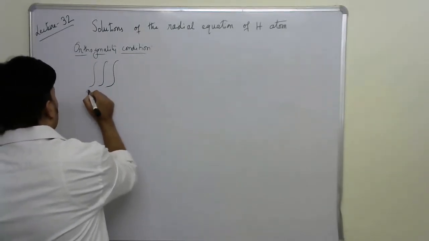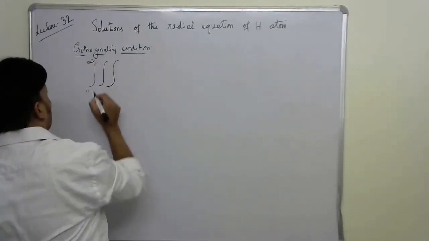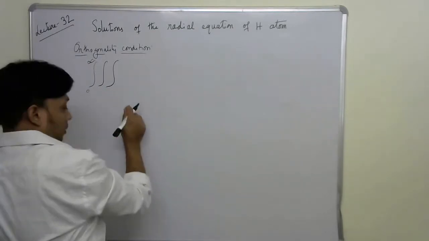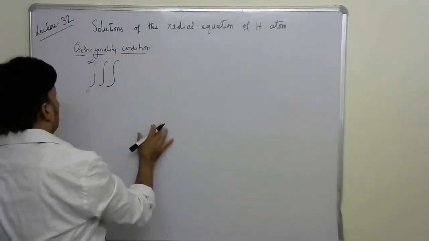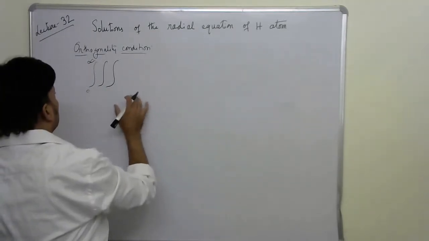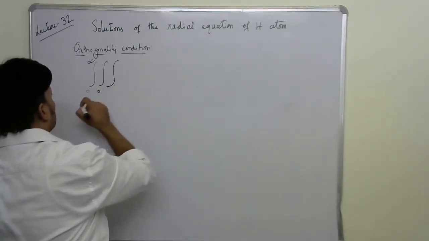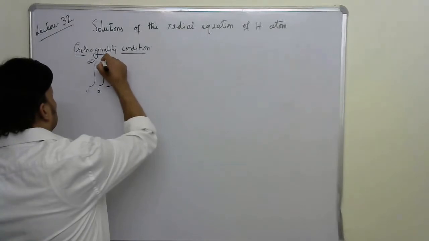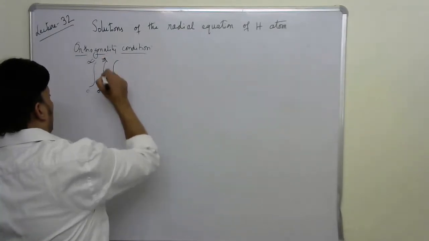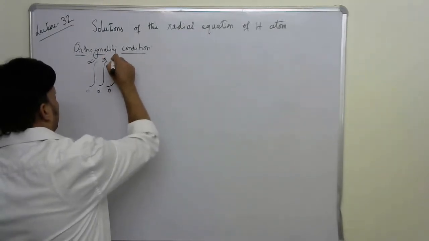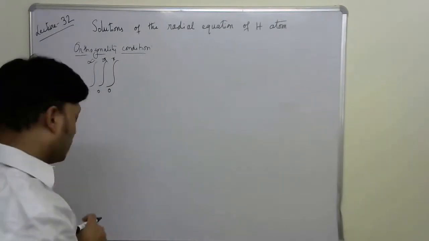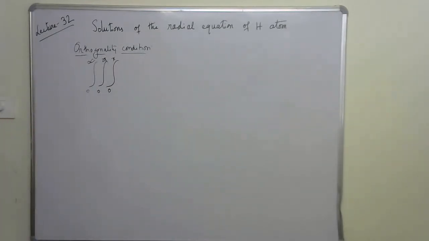So r varies from 0 to infinity, and theta varies from 0 to 2 pi, and phi varies from 0 to pi. Okay, so that becomes